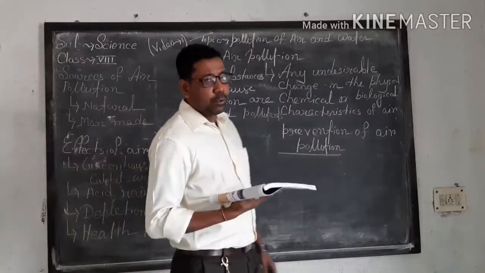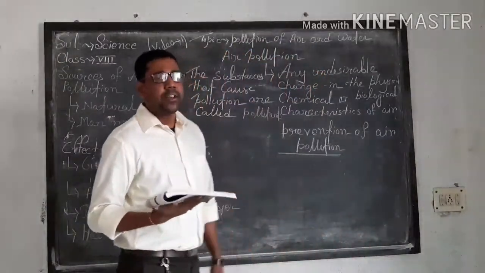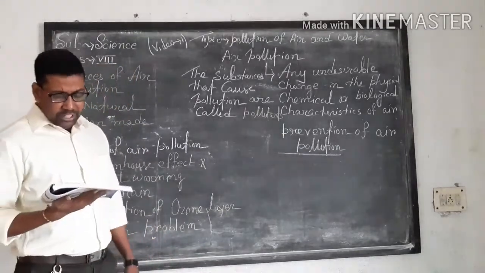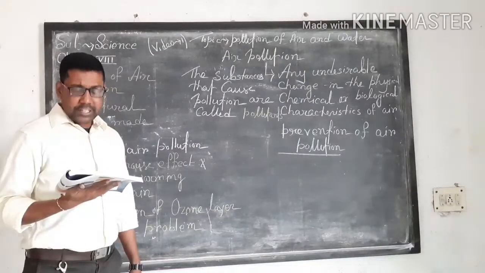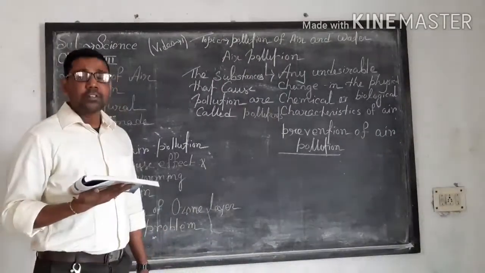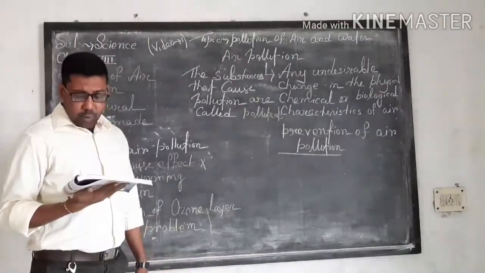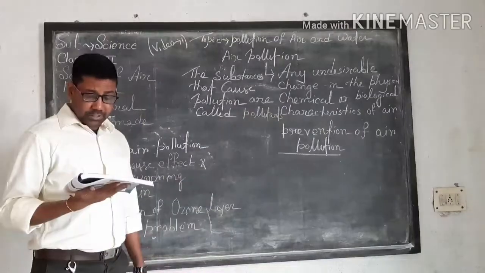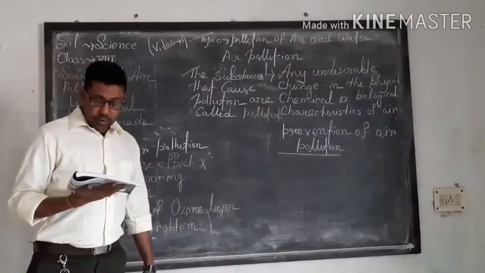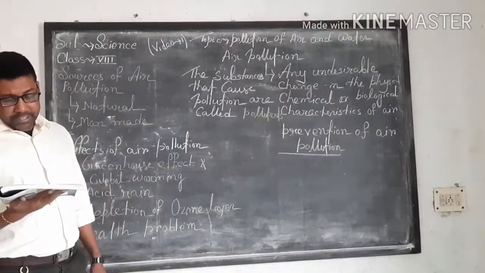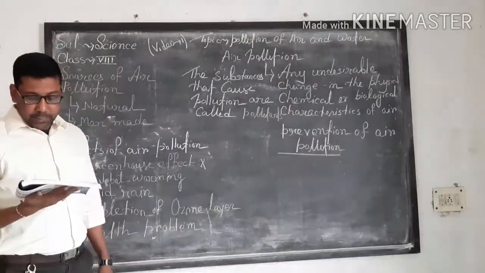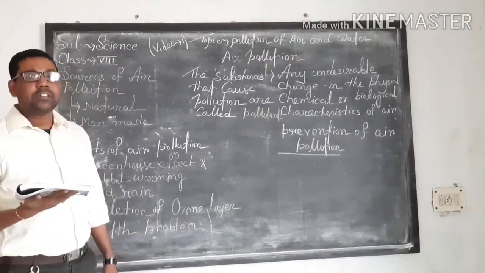The next bad effect of air pollution is health problems. Air pollution also creates some major health problems. First, excess concentration of carbon monoxide can cause headache, drowsiness and nausea, etc. It is a poisonous gas that can even kill a person on prolonged exposure. It combines with the hemoglobin in the blood and reduces the oxygen carrying capacity of the blood, and this can result in coma and even death.